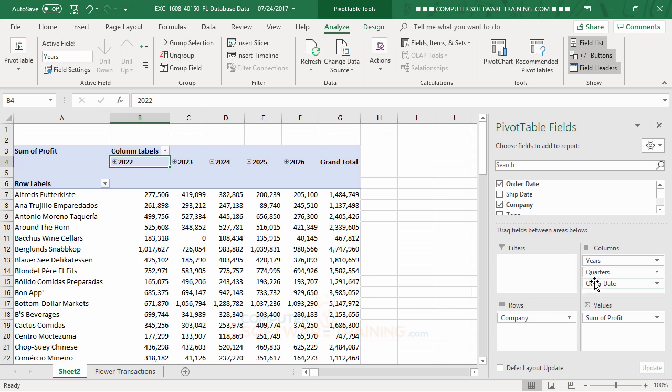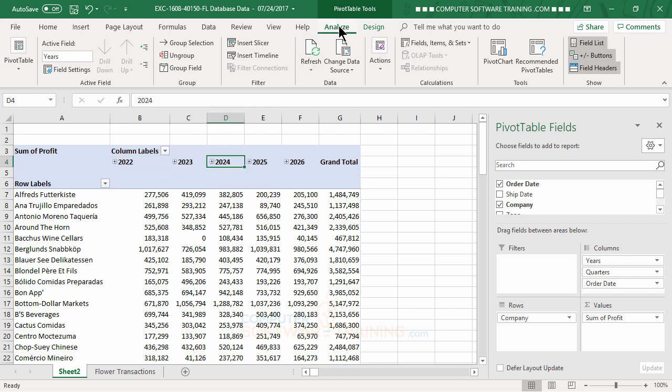The problem is, you do that, you will mess up the program's ability to summarize in many cases. You will get nothing but NA errors or whatever. You get nothing sometimes. And you'll sit there and pull your hair out trying to figure out why it's not subtotaling. And it's because you yanked them out of here. What we need to do instead is to go on to one of the years,